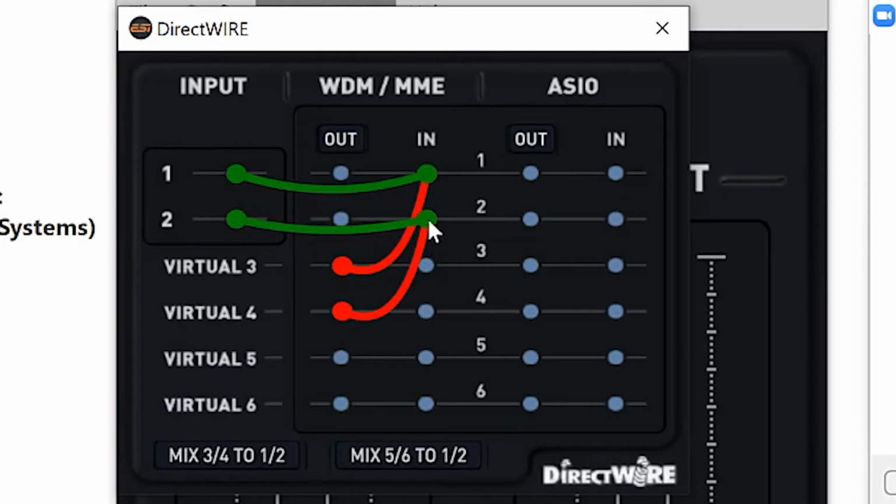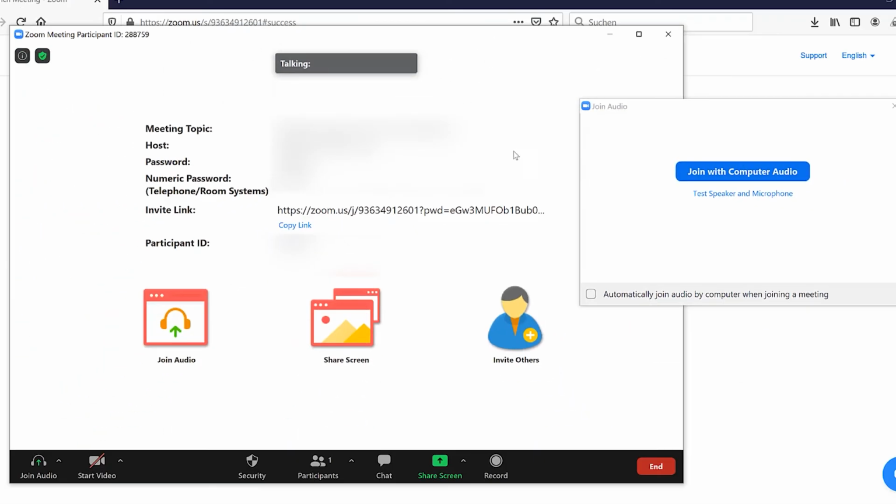If you use ESI hardware with 2 channels like we do in this example and Direct Wire virtual channels, make sure to enable mix 3-4 to 1-2 so that you are able to listen to the music you are playing locally as well. On a multi-channel hardware, this setting is not needed. Now you can invite your students to your Zoom call by sending them the meeting link provided by Zoom.